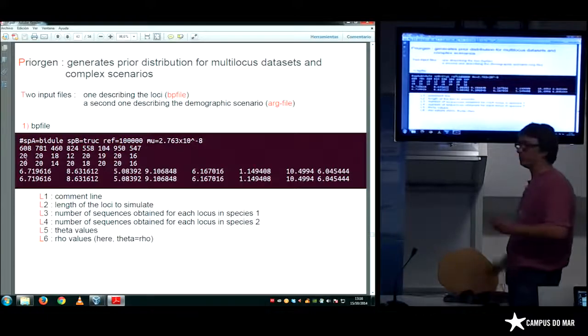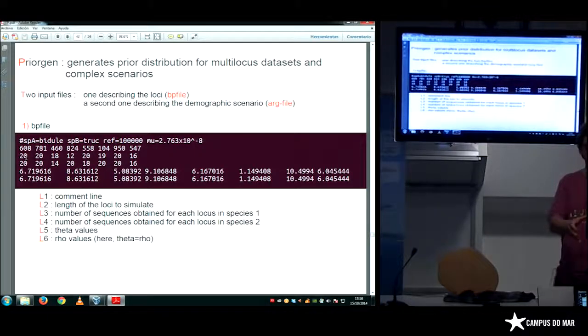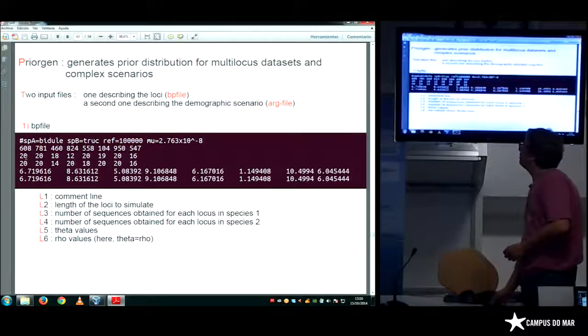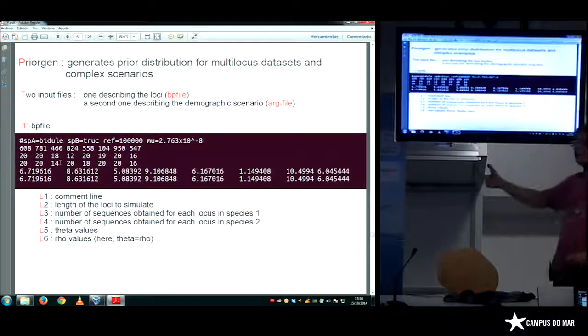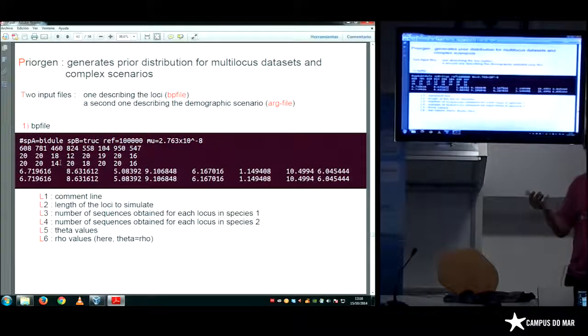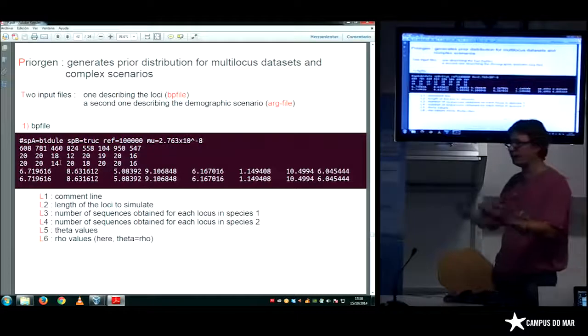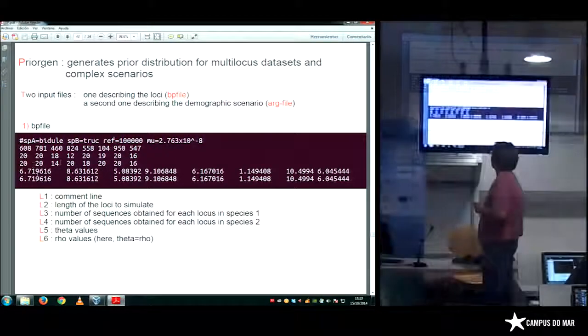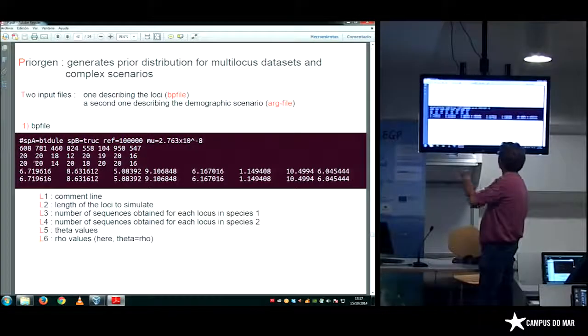So for the first locus, we have 20 sequences in truc and 20 sequences in bidule. The same for locus 2, and for locus 3, we just have 18 sequences in species A and 14 sequences in species B. So it gives you the structure of your data set, what you really have in your data set.